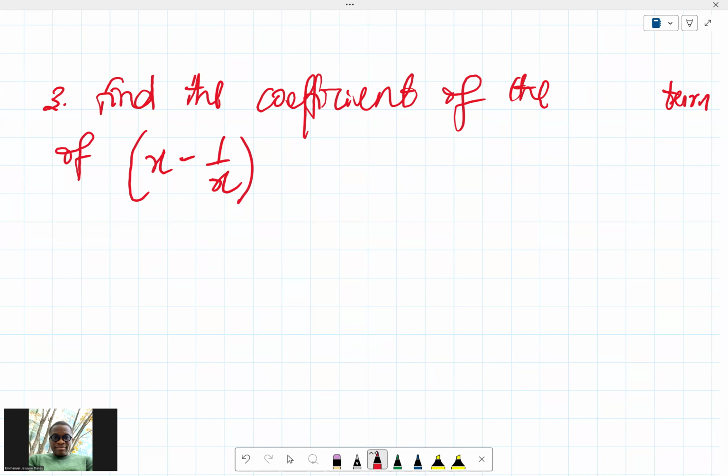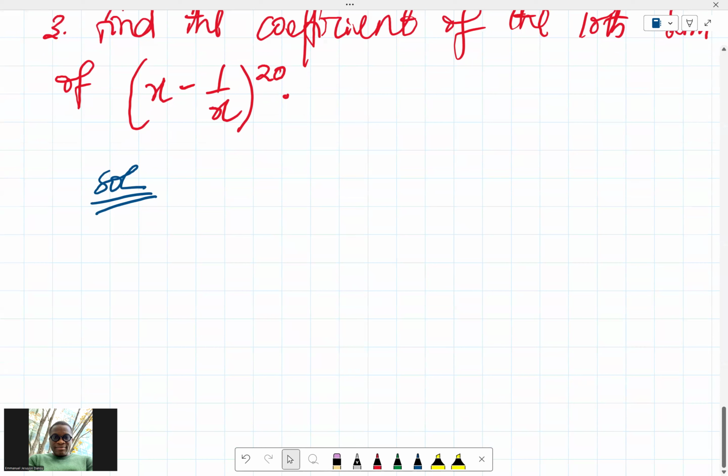Like, say, find the coefficient of the 10th term of x minus 1 over x raised to power 20. Okay, so we want the coefficient of the 10th term of x minus 1 over x raised to power 20. So if we go straight for that, we're saying this is, of course, for x minus,